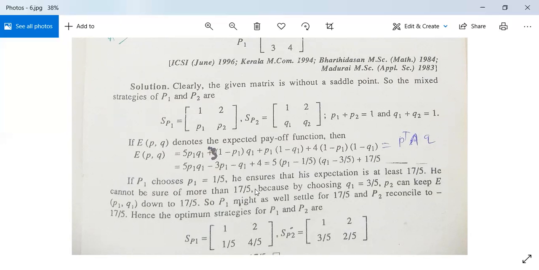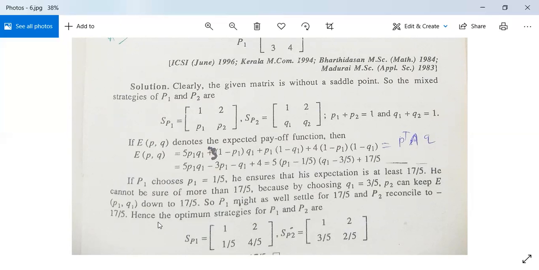He cannot be sure of more than 17 by 5. मतलब 17 by 5 से ज्यादा उसको नहीं मिल सकता। बिकॉज बाई चूजिंग Q1 इज इक्वल टू 3/5, Q1 3/5 ले लेगा तो भी EPQ 17/5 ही रहेगा। P2 कैन कीप EP1 Q1 डाउन टू 17/5। अगर ये P1 सोचे कि हम 1/5 ये 17/5 से ज्यादा ले लें तो ये पॉसिबल नहीं है, क्योंकि उन केस में तुरंत ही जो सेकंड प्लेयर है वो 3/5 रख देगा, तो भी एक 0 हो गया, वो भी उसका मैक्सिमम 17/5 तब भी रहा। So P1 might as well settle for 17/5